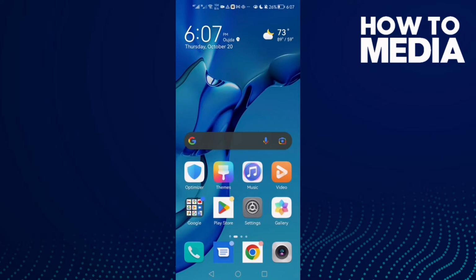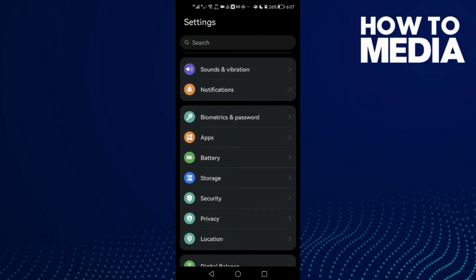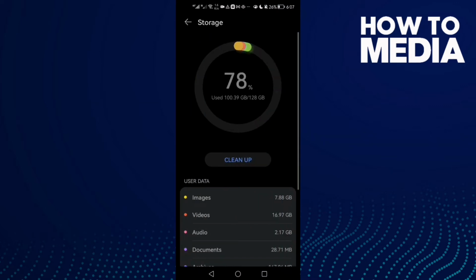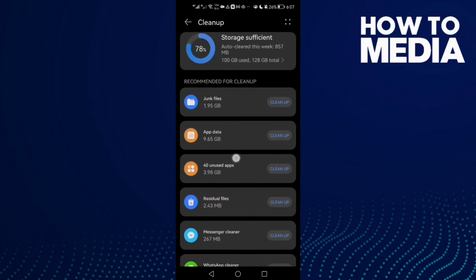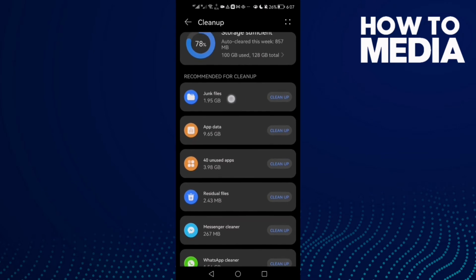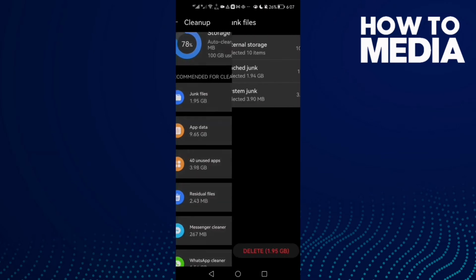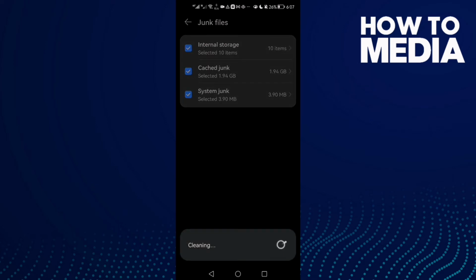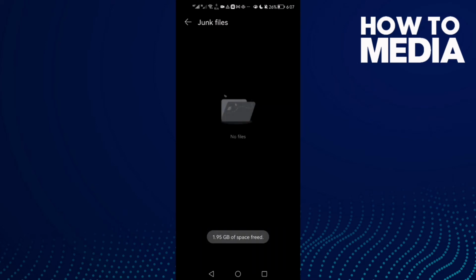First thing, just open settings and then scroll down until you find storage and then click clean up, and here you need to find junk files or cache and then click on it and click delete, and then as you see the cache have been